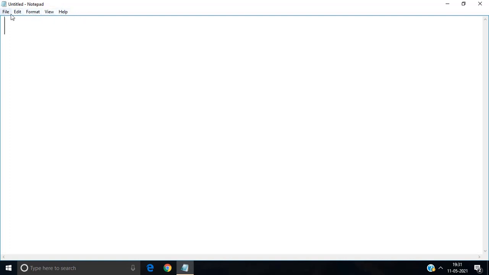The first one is file, the second one is edit, third one is format, then view and help. This is called the menu bar here, and it is the scroll bar. And here you can have some status bar in other document softwares. Here you can type any type of information.